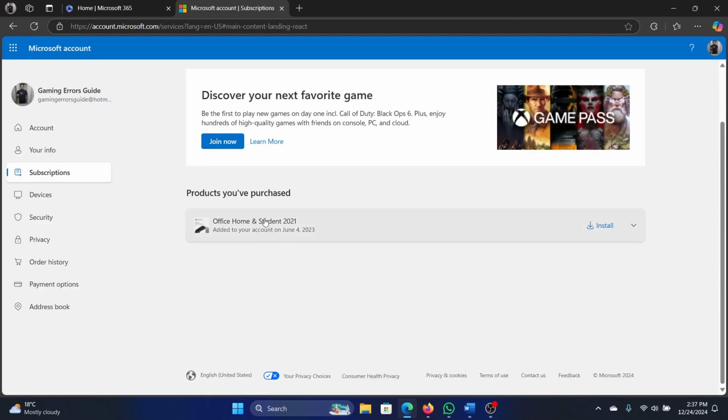Now scroll down and it shows under the section products you have purchased all the existing products you have. Like my Microsoft 365 has expired, so I use Office Home 2021. You can download the exact same version of Microsoft Office from here, but if you have an existing subscription and